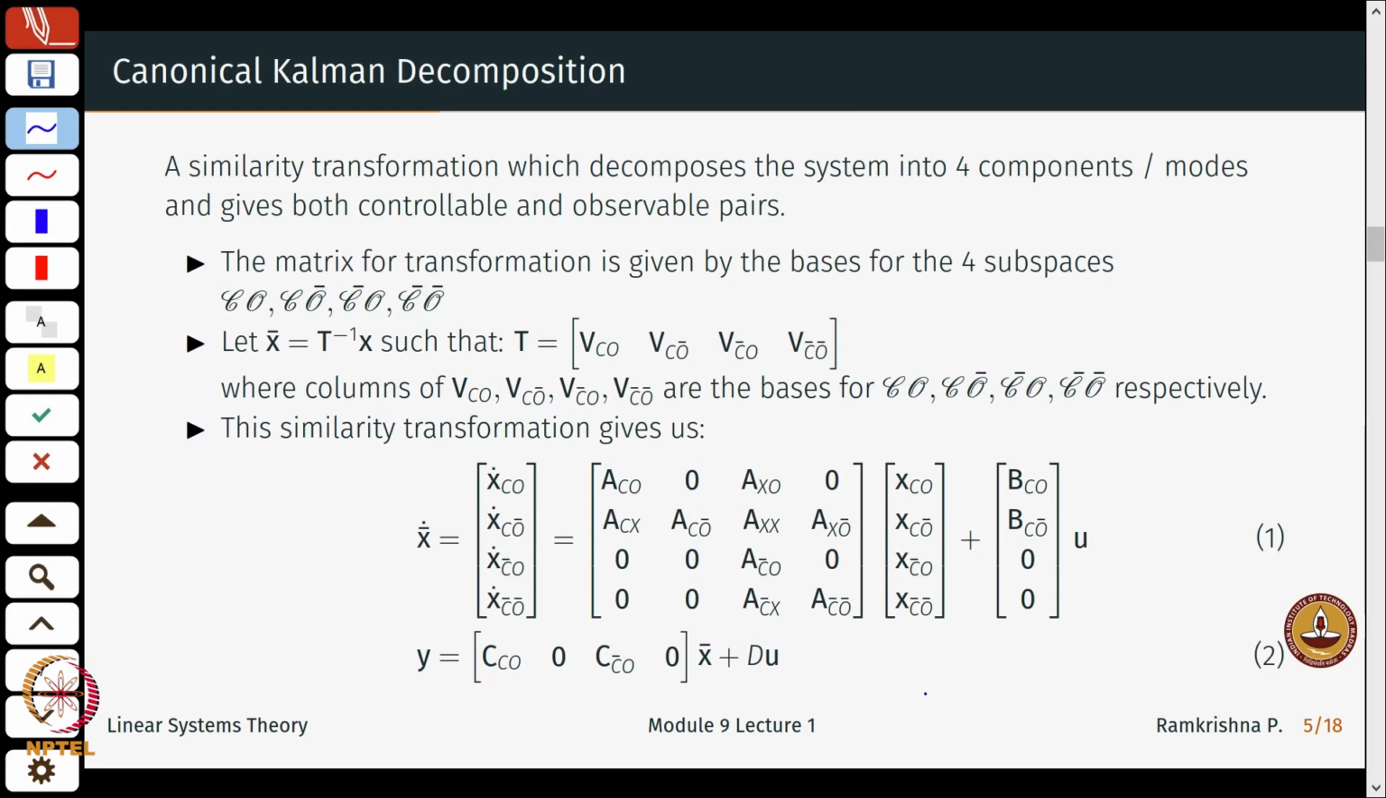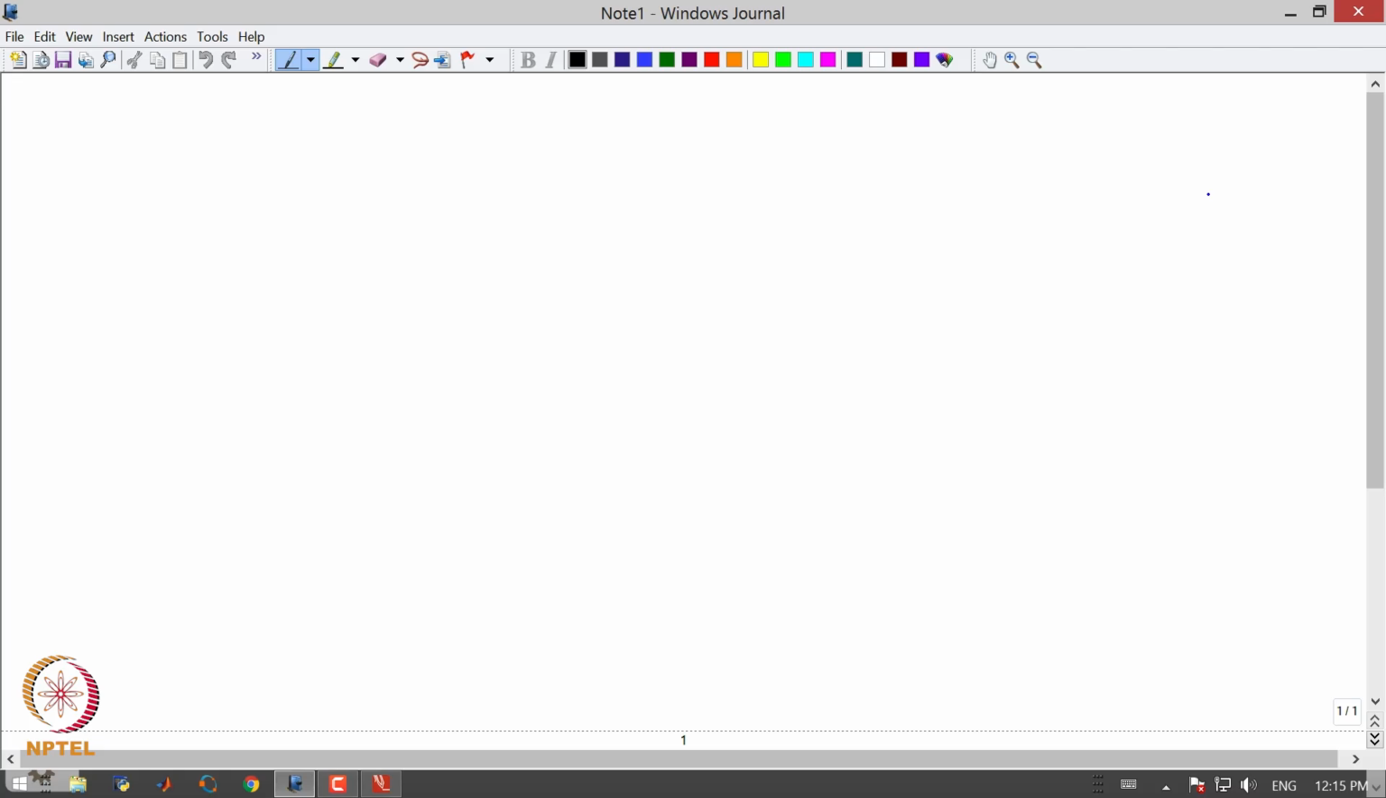Okay. So this canonical Kalman decomposition would give us a similarity transformation which decomposes the system into its 4 components or modes and gives both controllable and observable pairs. So we know what is the transformation that gives us a controllable decomposition, that is, if I say XC, let me write this all over here again. So I have XC